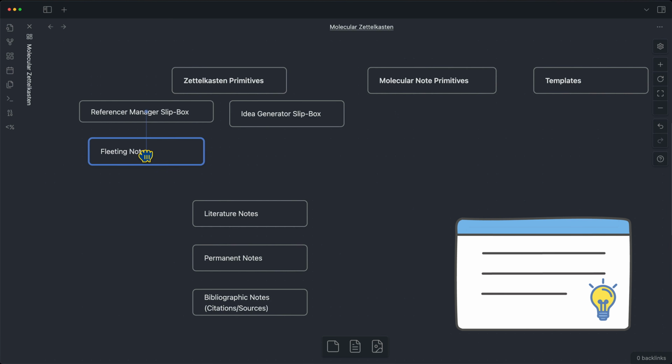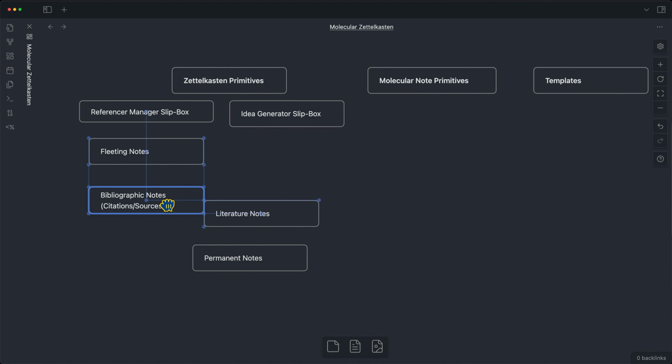Fleeting notes fit under the reference manager slip box because they're notes that we take as we read sources. So as you're reading a book, perhaps you write down quotes, you write down key insights that you've pulled out of the source material. You've watched a YouTube video and a quote jumps out at you or a thought jumps out at you, and you quickly jot that down under a fleeting note. And as a part of that fleeting note, you keep track of where it came from using a bibliographic note, like a citation. So this could be the name of the book, the author of the book, and it is an easy way for you to go back and tie this to your fleeting note so you know where that